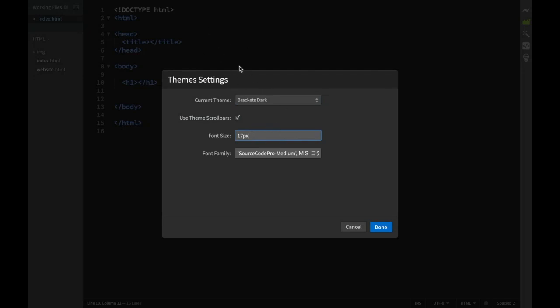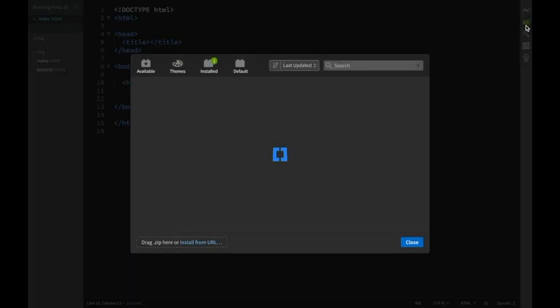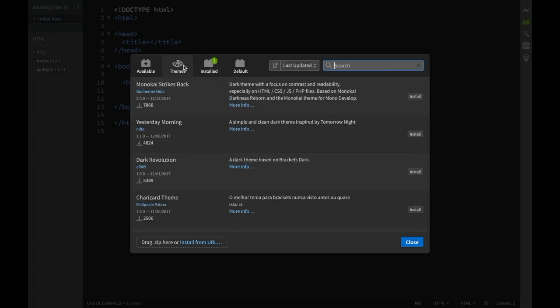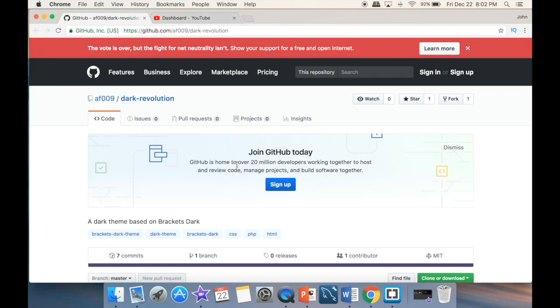So this is the basic setup, either dark or light. But if we go back over here in the Brackets Extension Manager, we can actually get as many themes as we want. We just need to wait a little bit until it downloads. And if we go back over here to the themes, you can really explore to your heart's content. I was actually going back and looking at what it is